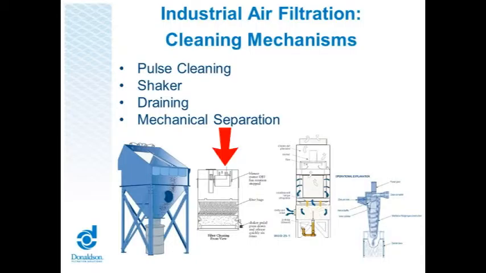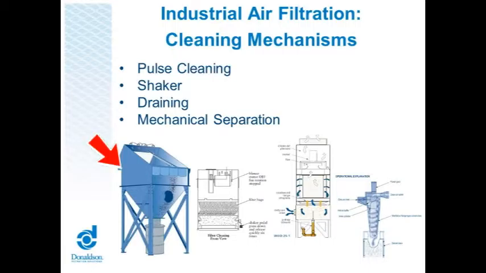Then you move into shaker style, which is kind of the next style of dust collection. It has bags typically that you would use. You'd put the air through the bags, and it would be an intermittent process so that as the collector runs, it would collect the dust on the outside of the bags. You would need to shut down in order to shake it and clean it. Those of you familiar with our Unimaster, that's exactly what it does. It runs for, say, 4 or 8 hours. The guy goes over, shuts it off, it shakes, and drops the dust down into the container,